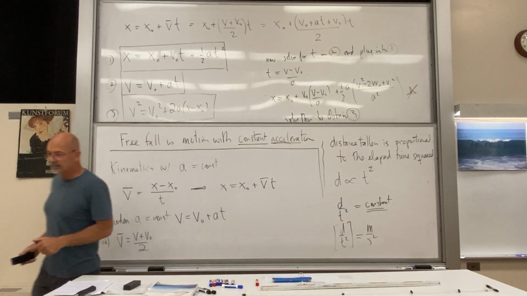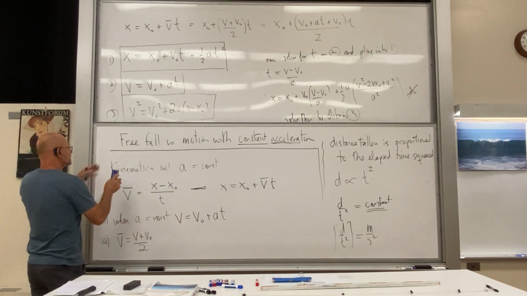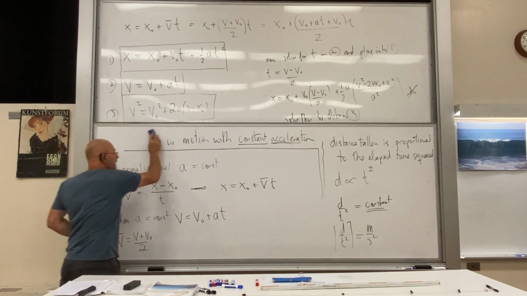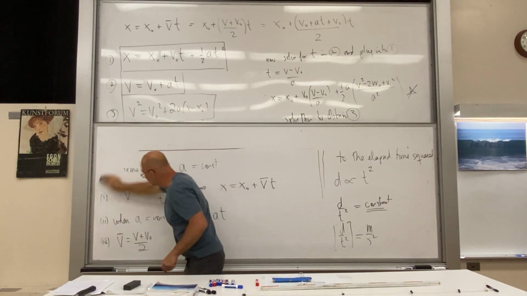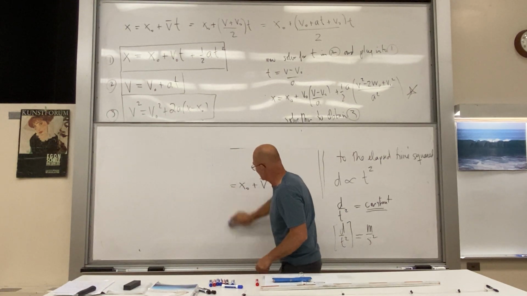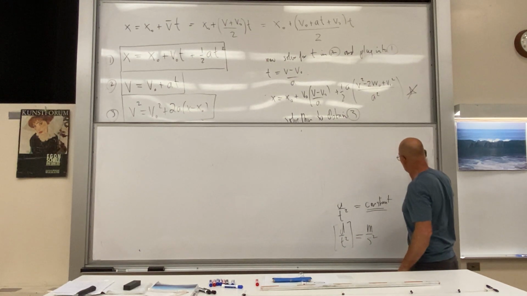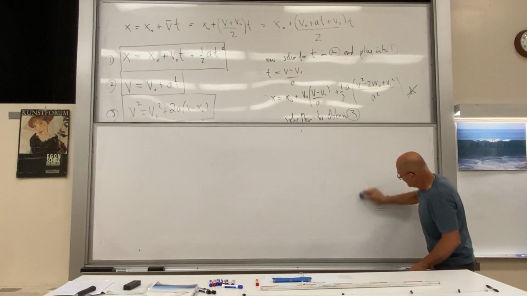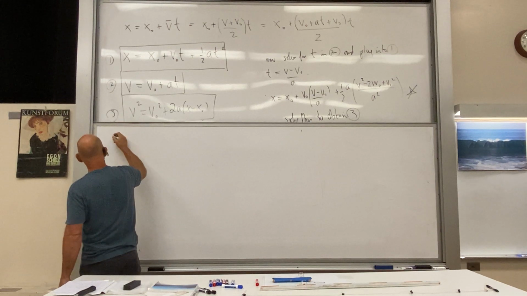Let's see how we're doing for time in this hour. Yeah, we're getting there. Okay, we have our kinematic formulas. We were doing free fall with constant acceleration. What we found was the kinematic equations for constant acceleration. Now it's time to apply them. We can learn to graph them. We can learn a lot of things. So the kinematic equations, 1, 2, and 3,